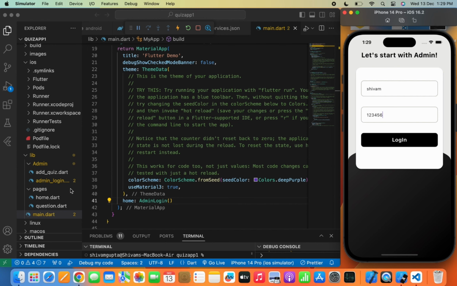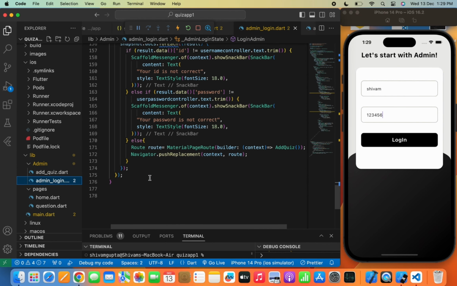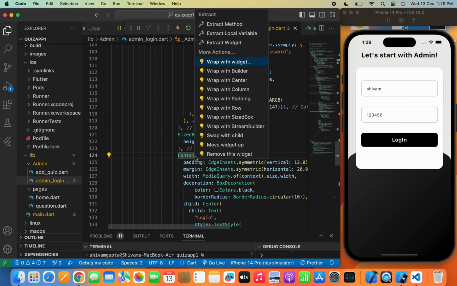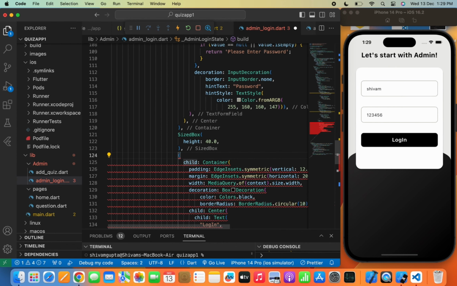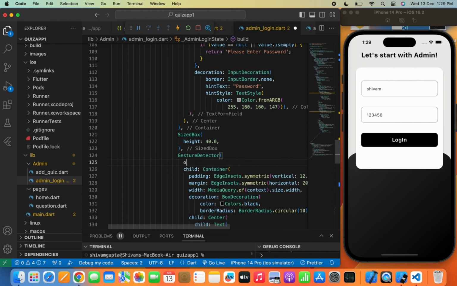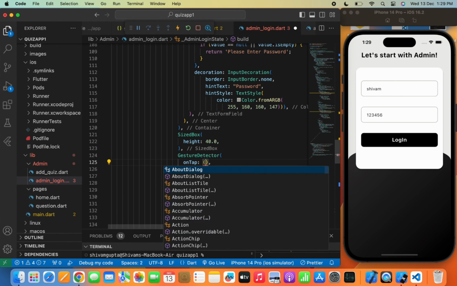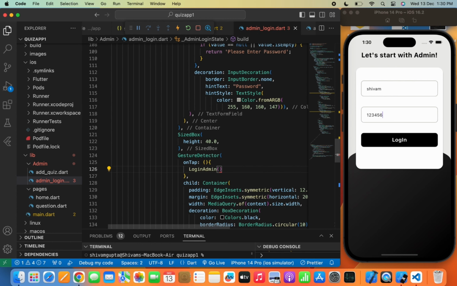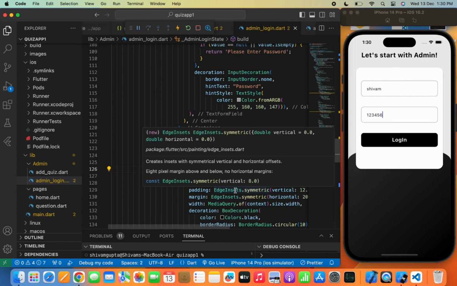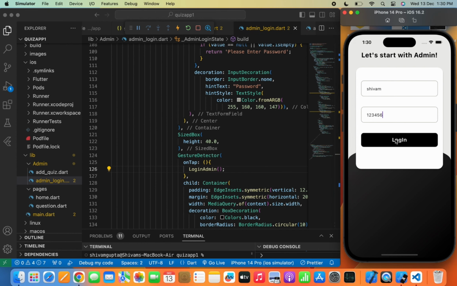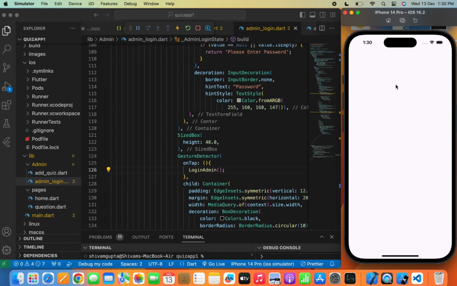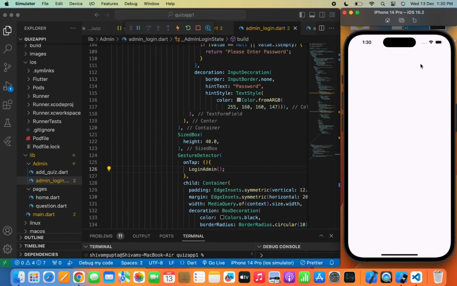a login admin function so that it can check all the cases regarding the username and the password and directly push the admin to the add quiz page. Now we have called the login admin function here. Now let's click the login button. So as you can see, we have successfully moved to the add quiz.dart page